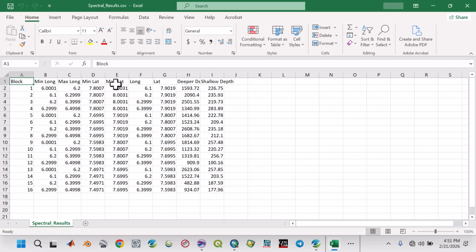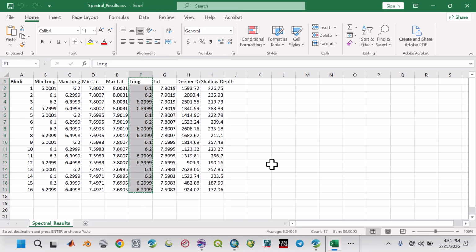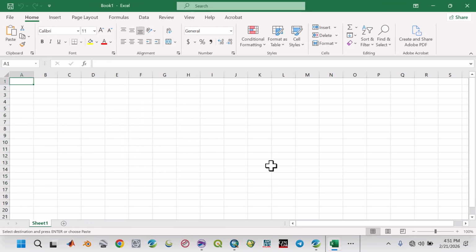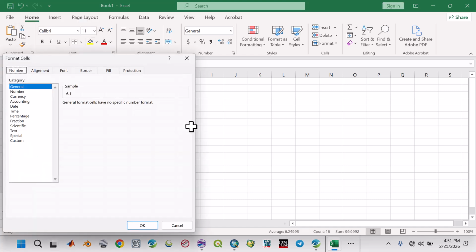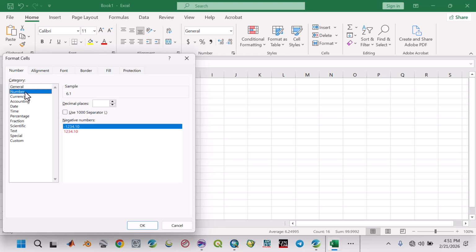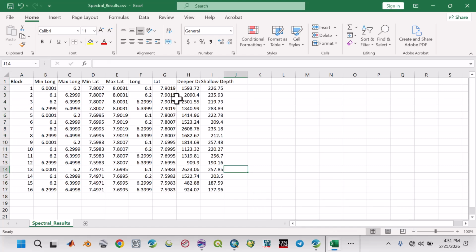Now you see it. We're going to copy this one, longitude. You copy. You open a new window, Control N, then you paste it, then you select this one and then format it, let's say to 4 places of decimal under number 1 2 3 4. Center it, then go to the other one, go to the lat,